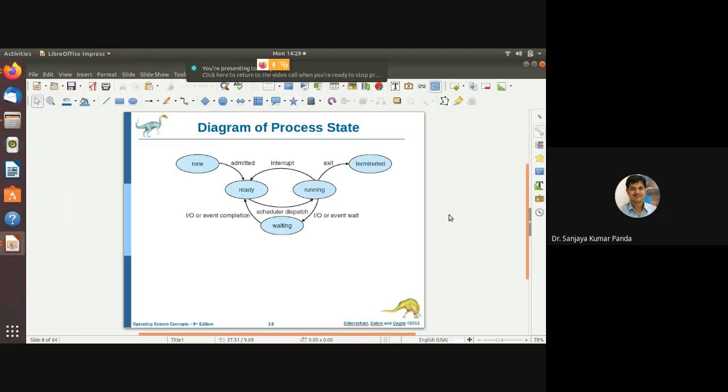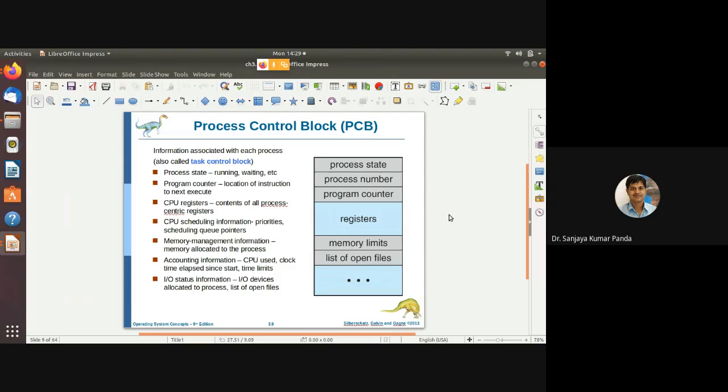Let me tell you another important part here, although sir will cover more details. Each process is stored in a process control block. Whenever you create a particular process in the operating system, it maintains a process control block.